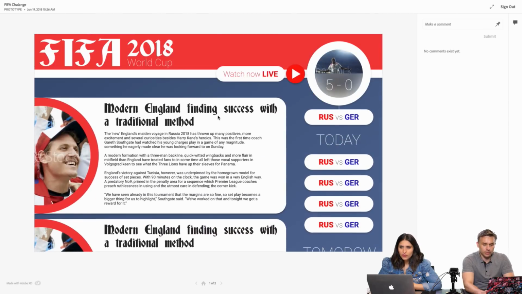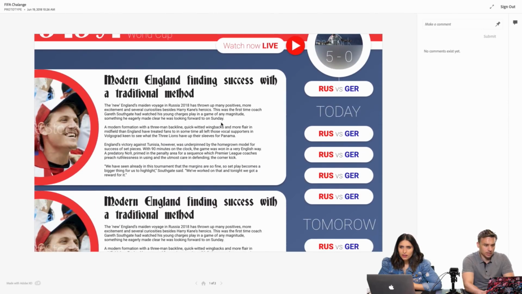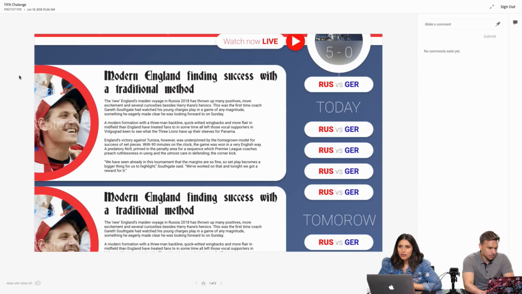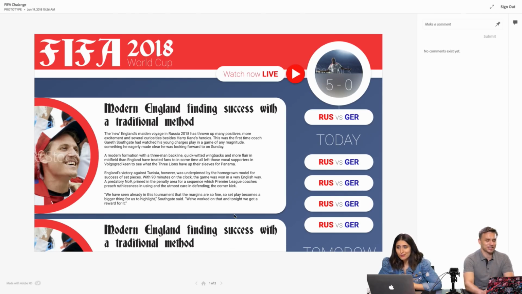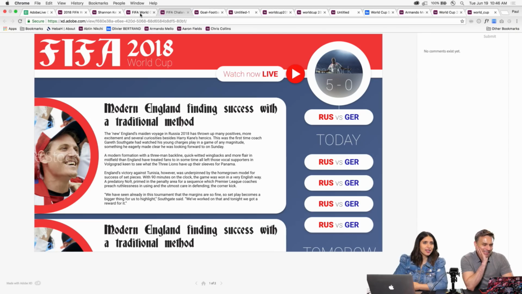Repeat grid, that's cool. We get the idea. Lots of colors. I feel like I could scroll over there, but yeah. Russia versus Germany all today and tomorrow and the day after. They keep battling and battling and battling. I can see they're coming at it. Let us know if Russia's winning 5-0.